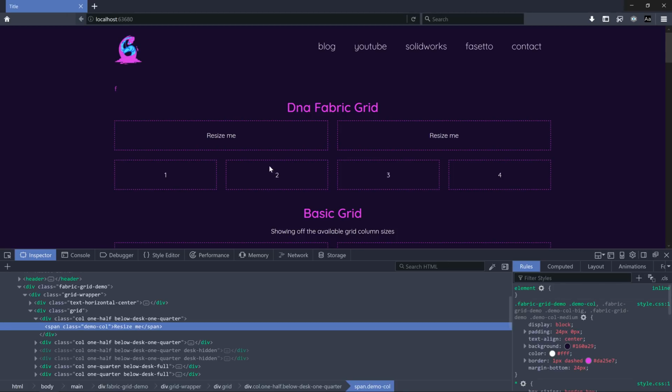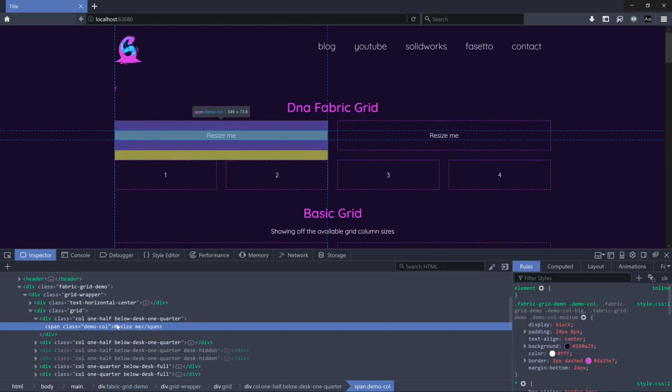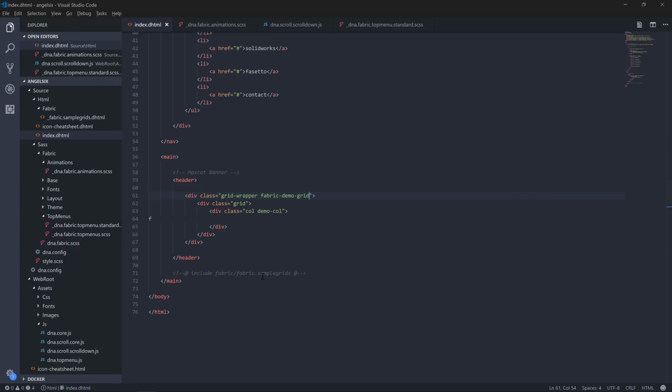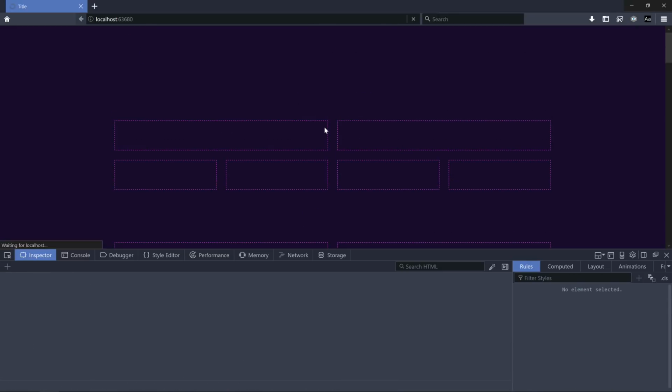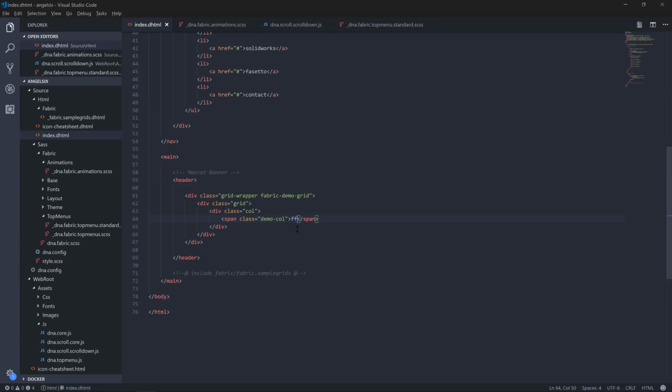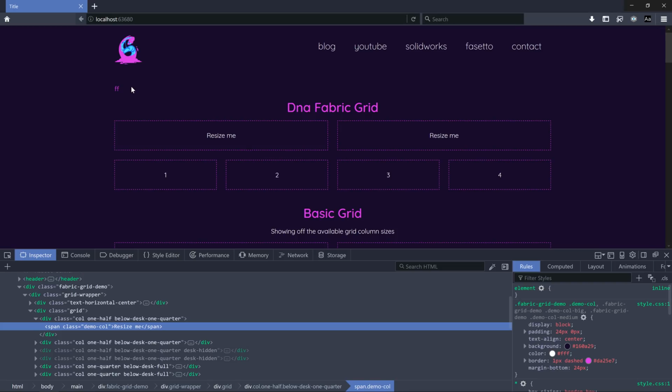I'm just trying to get the outlines. Oh, it's on the content inside demo col. Nope, okay, let's just ignore trying to get the outlines for now. I could just add them directly to the style anyway, but we've got a column there and we want it